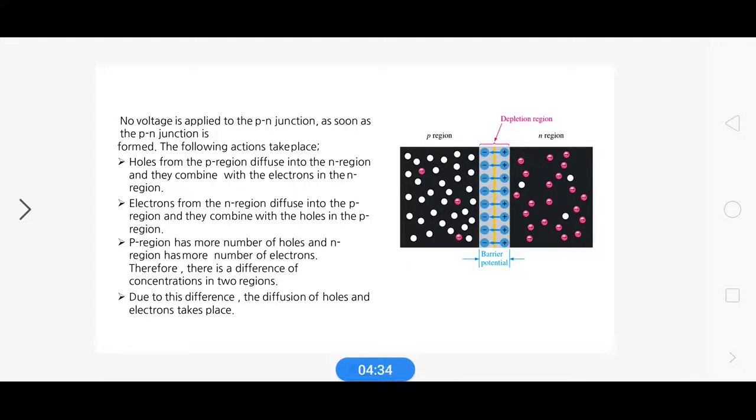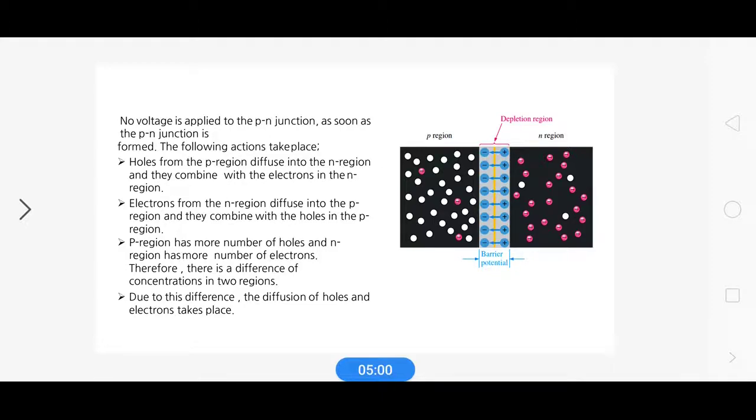Now, when no voltage is applied to the PN junction, we just join the p-type semiconductor to the n-type semiconductor. Then the PN junction is formed, and some actions take place. What actions take place when p-type is joined to n-type semiconductor? When the P region is connected to the N region,